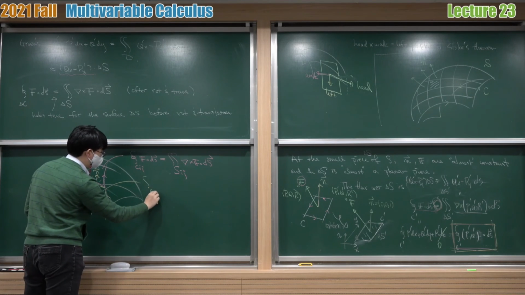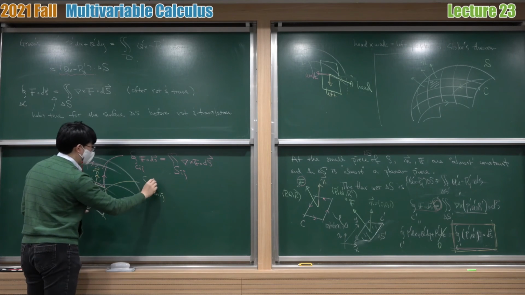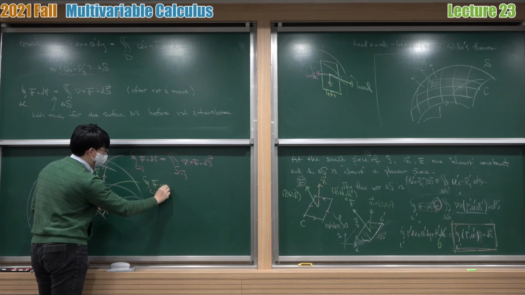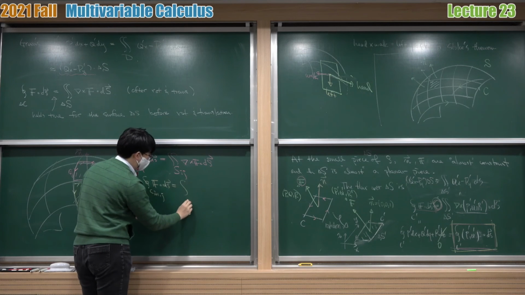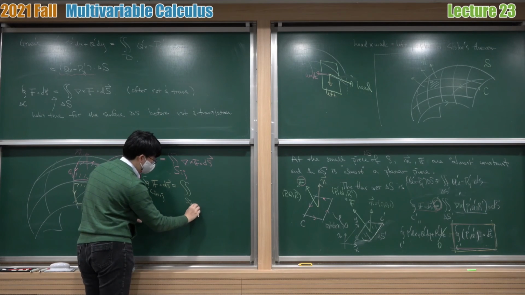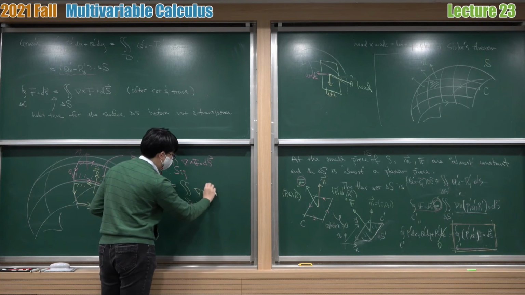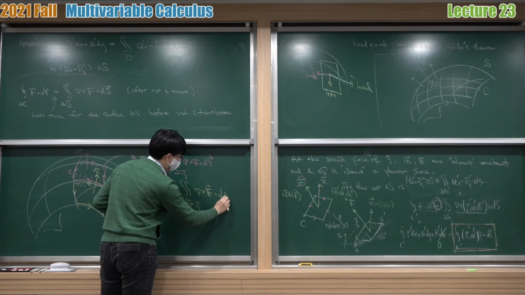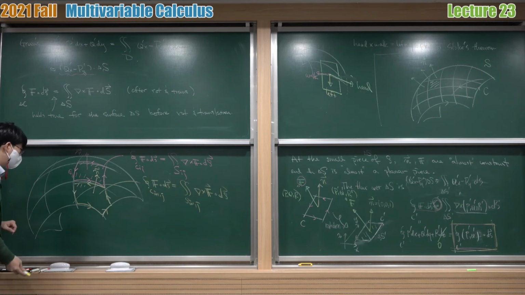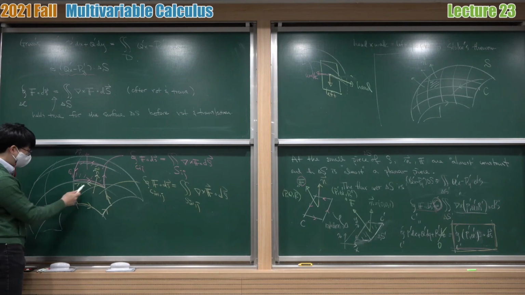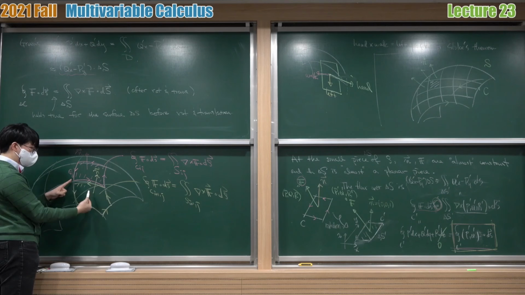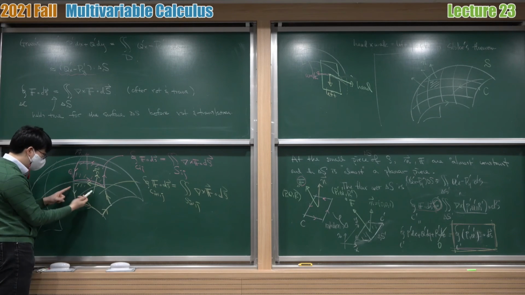So let's say C(i+1)j, the closed line integral here, and then S(i+1)j, the surface integral of the curl dS. And what happens is on the side which is shared by the two regions here, I have